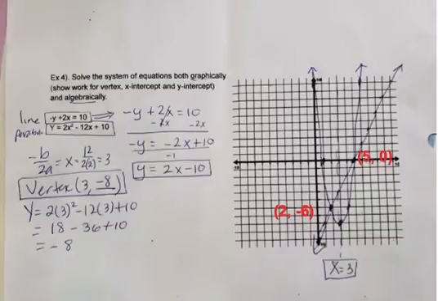Okay, so our group did not get to finish example 4, and you're going to need to know how to solve this system of equations to do the 3 problems from page 41. What we did was we graphed the line and the parabola so that we could solve it graphically. And I think we came to the conclusion that the line intersects the parabola at the points (5, 0) and (2, -6). So those would be the points of intersection that we should find when we do the work algebraically